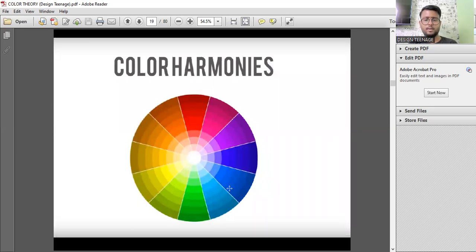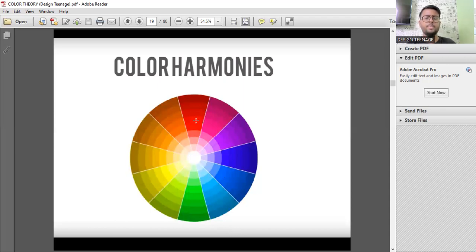No, sir. Sir, in these tertiary colors, can we make them by mixing two secondary colors, or only one primary and one secondary color? See, tertiary colors are achieved via mixing of primary and secondary colors itself. It is not always just via mixing two primary colors, because in a color scheme, what we see is actually, for example, this is a color wheel. Okay, so what you see over here is primary, secondary, and tertiary colors. Now, how they have been achieved is via the mixing of these other colors.